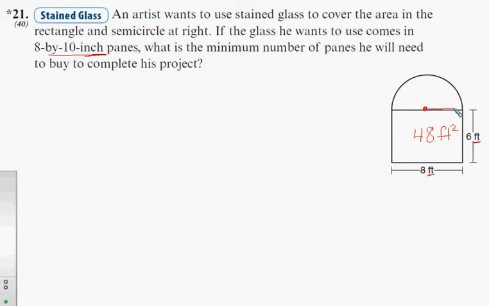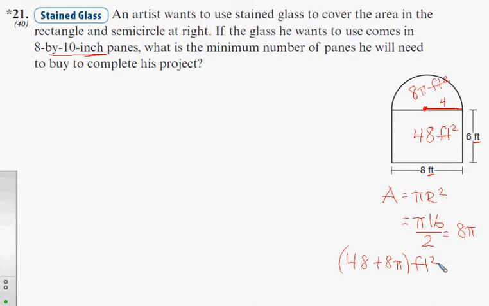Well, notice the radius here of this semicircle is going to be 4, okay? And you know that to find the area of a circle, it's pi r squared, right? But this is just half of a circle, so we're going to have pi times 4 squared, which is 16, divided by 2 because it's just half of a circle. So technically what we have here is 8 pi. So this up here is 8 pi. I'll probably change it to an actual number in a minute, but I'm going to leave pi as pi for right now. Okay, so we have a total of 48 plus 8 pi square feet that we need covered